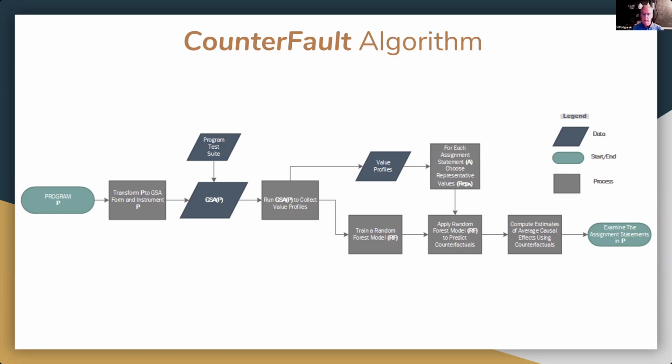The model for a statement is used to predict counterfactual outcomes for pairs of representative treatment values. An average failure causing effect estimate is computed for each pair by averaging over counterfactual outcomes and taking differences. Finally, a suspiciousness score is computed as the maximum average failure causing effect estimate over all pairs of contrasting treatment values.